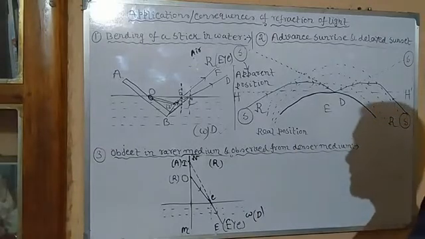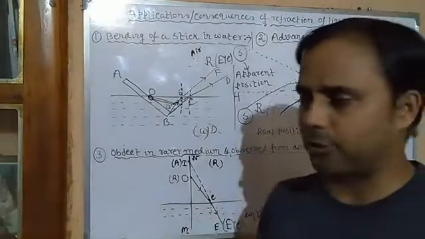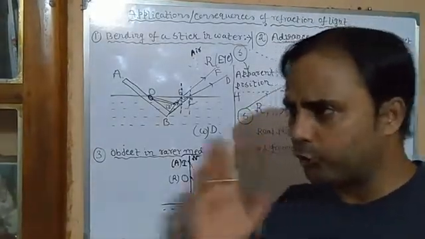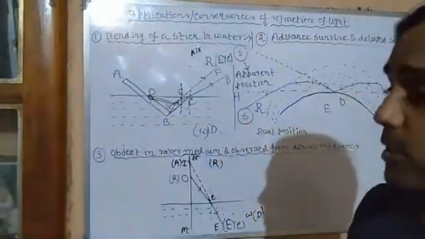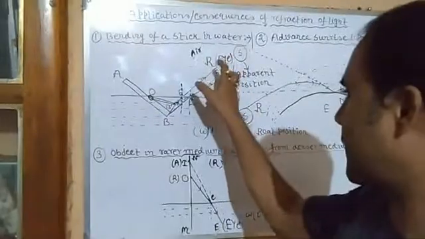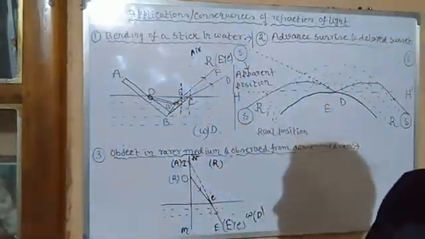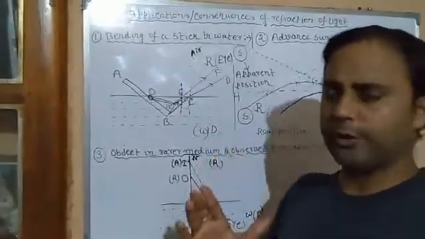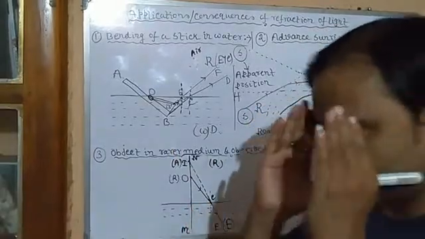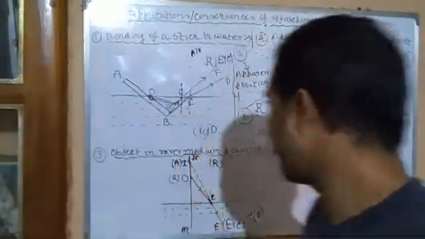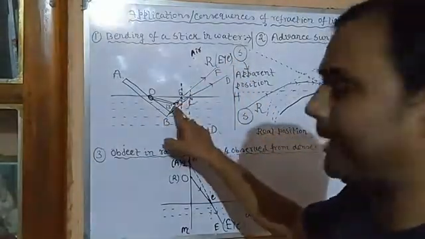Now, due to rectilinear propagation of light, the human eye never detects the bent path of light. It will always look for its straight path, isn't it? And how is that possible? It is only possible if these two rays are produced in the backward direction, because the eye cannot detect the bent path, it will always follow a linear, straight path. So if you extend the two rays in the backward direction, you will get the point B dash, which